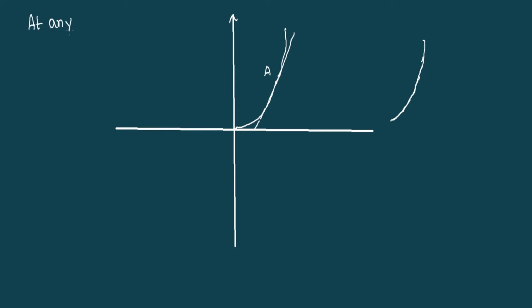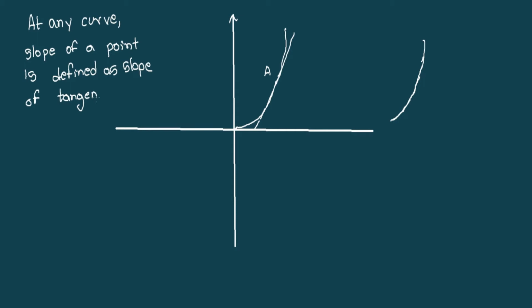At any curve, slope of a point is defined as slope of tangent. And you can clearly see why this is true. And so at this particular point, the slope would be this distance, which is delta y, and this distance, which is delta x, or particularly tan theta is going to be the slope. Okay,